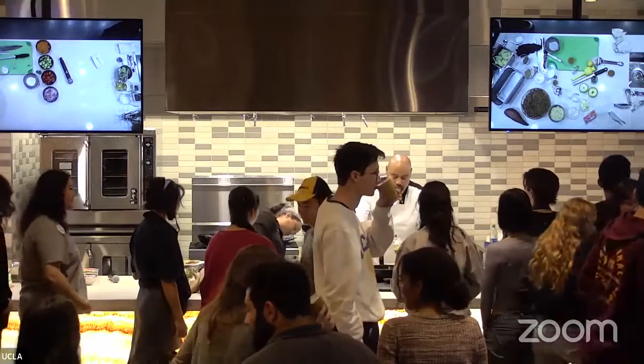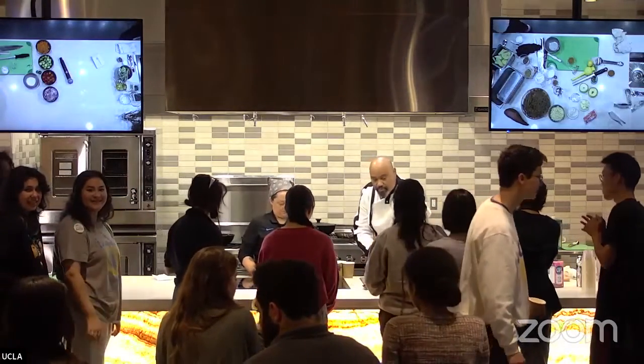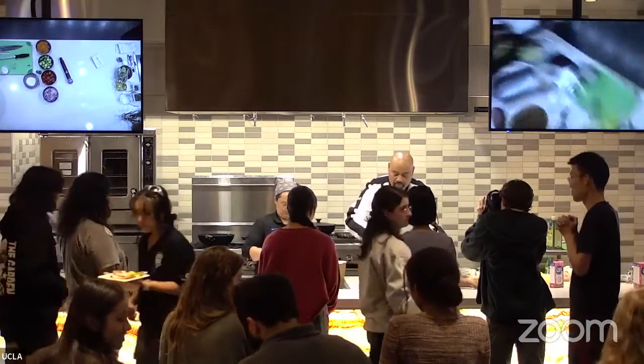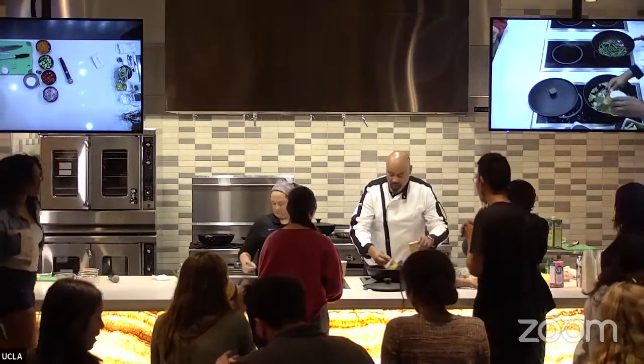How much of a difference does it make if you use glass, metal, like dark metal or light metal? Glass is supposed to cook a little bit slower because the metal is...